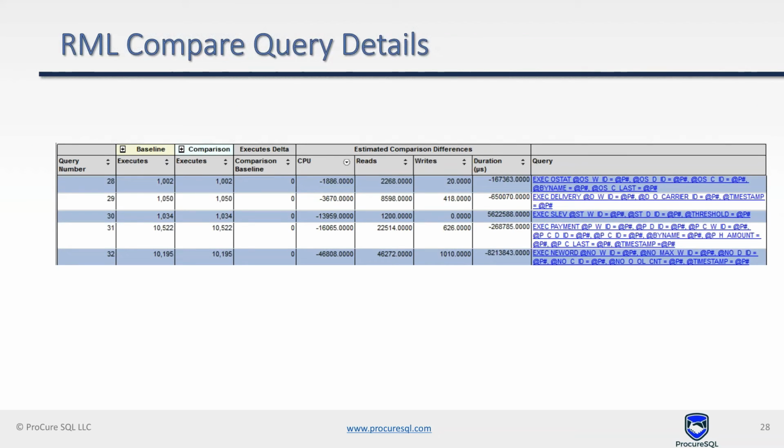And then, of course, here's an example where you can also get more details on the query level itself. So, for example, when you're looking at this, you really want to see down here comparisons. You want 0. This means apples to apples. It ran the same time in both tests. But that's a way on how you could go through and run your workloads and at the same time compare